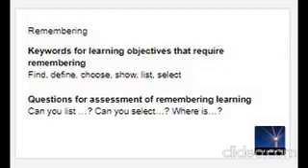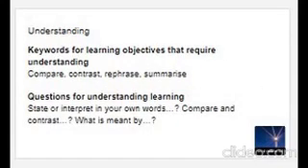Language used in learning material and assessment has to be very precise, especially in the instructions and the questioning. Students should be able to recall facts, terms, basic concepts from the learning material. The learning material uses words like find, define, and choose to indicate material for remembering. Students should be able to show understanding of facts and concepts by organizing, describing, and interpreting them. The learning material uses words like compare, contrast, and summarize to indicate material for understanding.